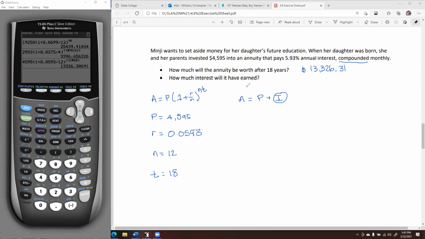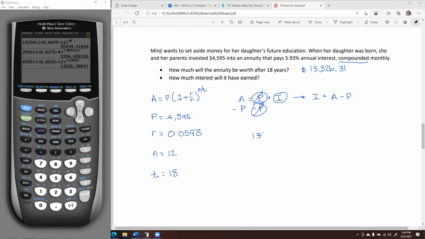So the way we do that is we're just going to use our algebra rules. If I want to isolate I, well, I need to get rid of that P variable. So what's going to happen is these will cancel out, and I'll be left with I equals our A value minus the principal. So in order to find the solution for part B of this question, we're going to simply